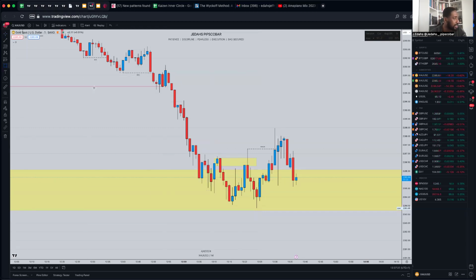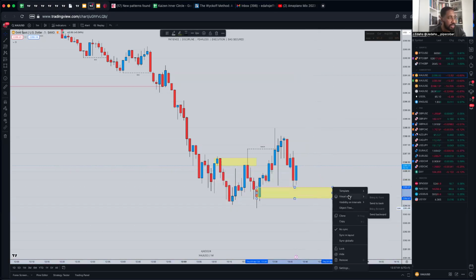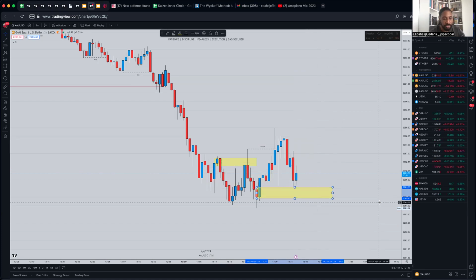So why I'm liking this again is that it reacted from this area that we said. So this is the last candle. If we do break past here, like I said, this whole area, let me just delete this for now, would be violated. I'm not sure if you guys market executed that, but that's a trade I'm willing to risk it for.